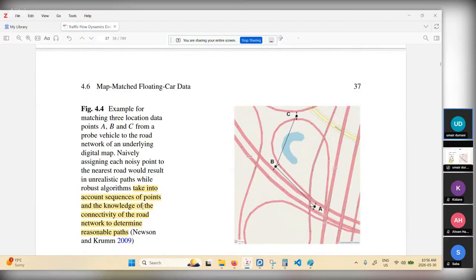Here we have a road network, and we are getting data from a floating car. Now, the goal here is to accurately get the path that the vehicle is taking. We get these 3 points from floating car data, A, B, and C. And if we only take the geographic coordinates that we directly get and plot them on top of this map, it gives us a possible path, which is actually not possible. It is not a plausible path because we know,